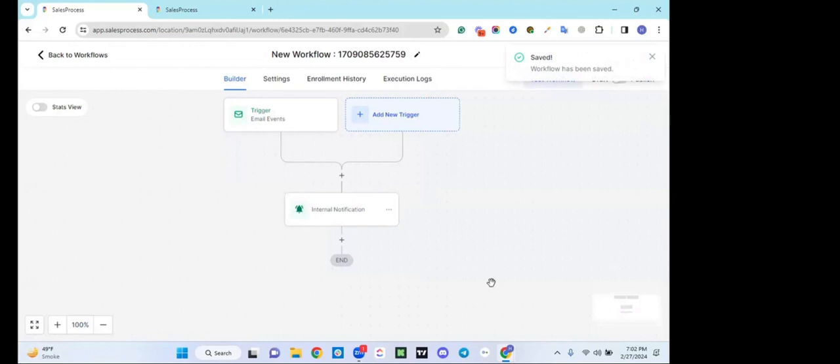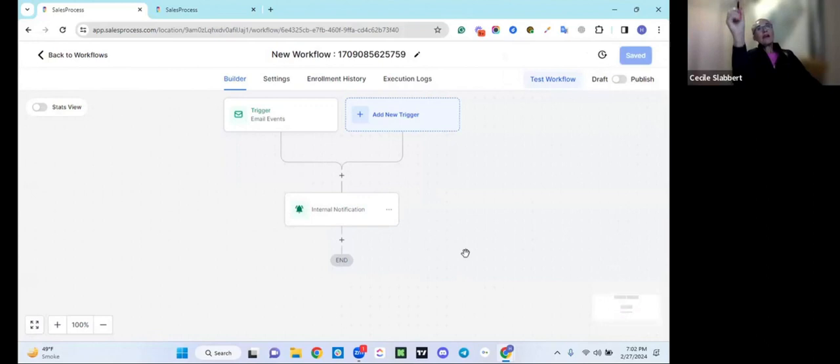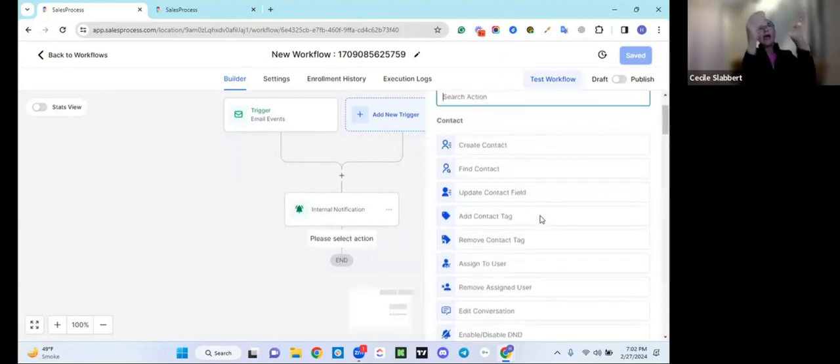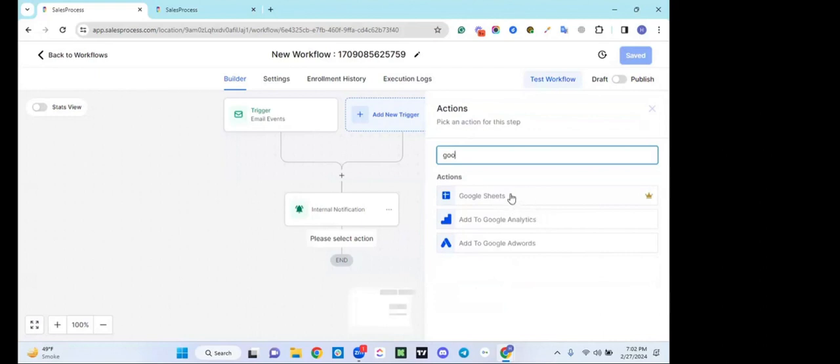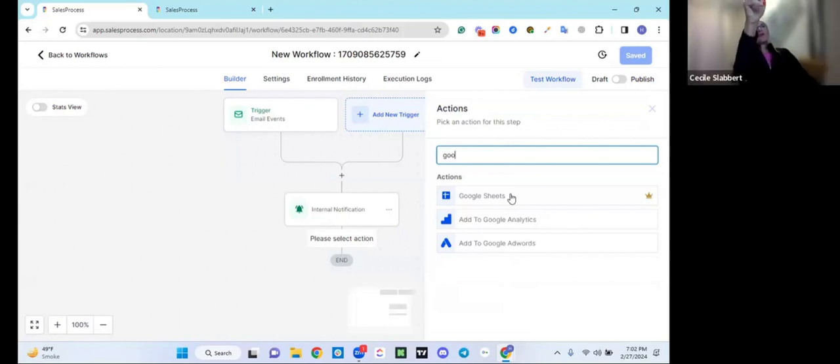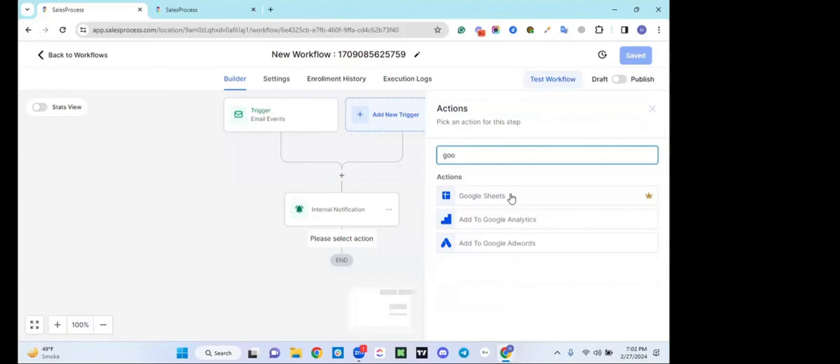And just another question Marcel asked: can you automatically create a table of all the ones that responded, the ones that were only clicked, and the ones that bounced, so that you have a table? Where do you create that table? In Google Sheets? Yes, if you click on the Google Sheets section,